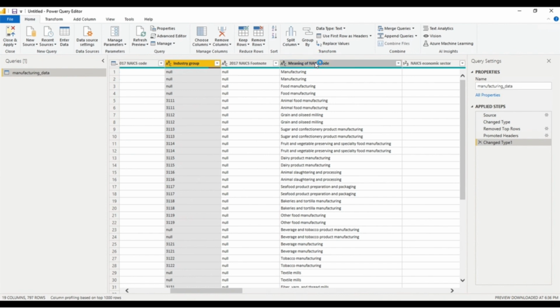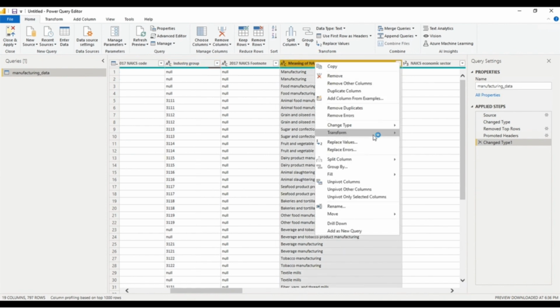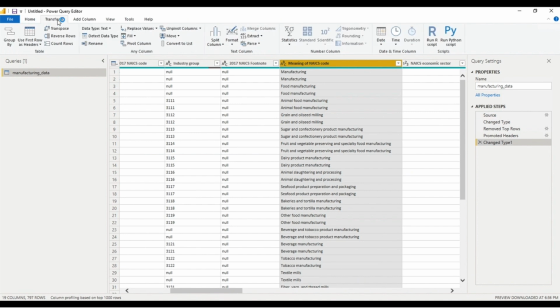You can change this in two ways, by right-clicking the column, selecting Transform, or by going to the Transform menu at the top and selecting Format. Either way allows you to transform this column into lowercase. With text